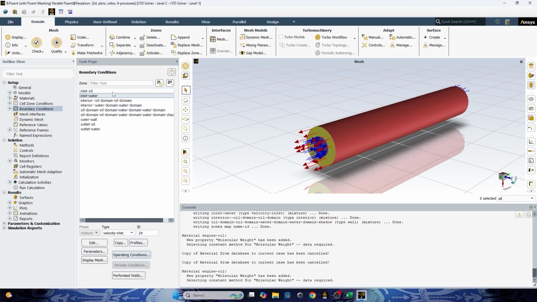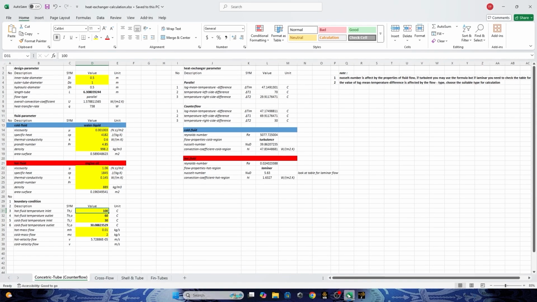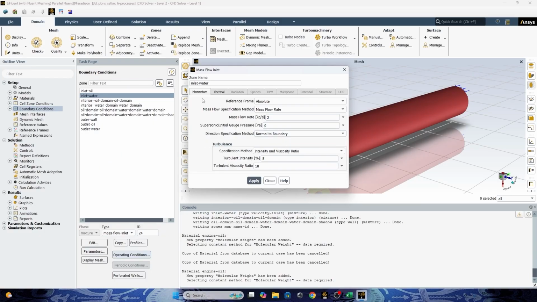Next, for the inlet water, change here to the mass flow inlet, and then go here. For the inlet water, the cold mass flow is 2 kg per second. Same for the inlet water here.